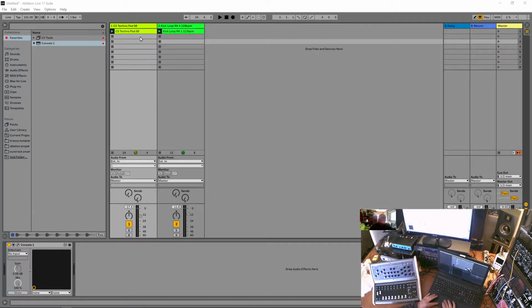So over here I have pad and kick. On channel 1 is pad, on channel 2 is kick. So what we want to do is control the pad with the kick. On channel 1 in the Console 1 window I will put